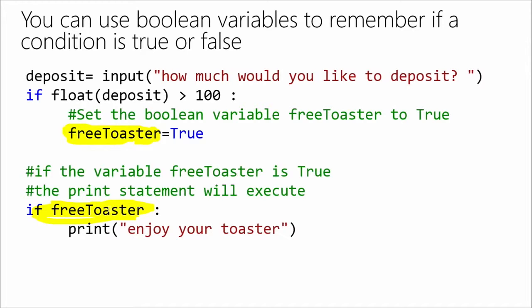And then the advantage here is your code is more readable. So if you put in that $100 value or something like that, the problem is, number one, if you're using that in multiple locations, you have to go in and keep changing it. But also number two is that you've now given a little bit of meaning. Kind of going back to our comment, and that can oftentimes be used to try and disguise bad code. Now, if we go in and we say free toaster, when I look at this, I know exactly what we're testing. I'm testing, do they get a free toaster? Rather than having to interpret, okay, what was the amount supposed to be?